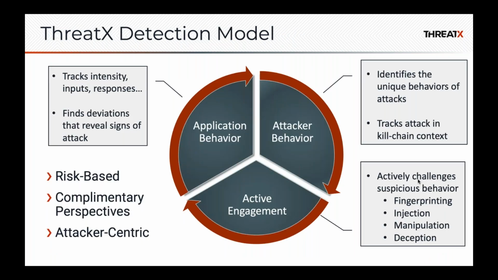So one of the most important things in a next gen WAF is the threat detection model, right? So again, we're used to the traditional WAF, which uses a signature-based approach, very simple technology, not a whole lot of state there, right? Not a whole lot of information is given to the engine when it makes a block or allow decision. Every web request is basically decided upon in isolation. To some extent, there are other things held in context, but there's not a whole lot of state being kept